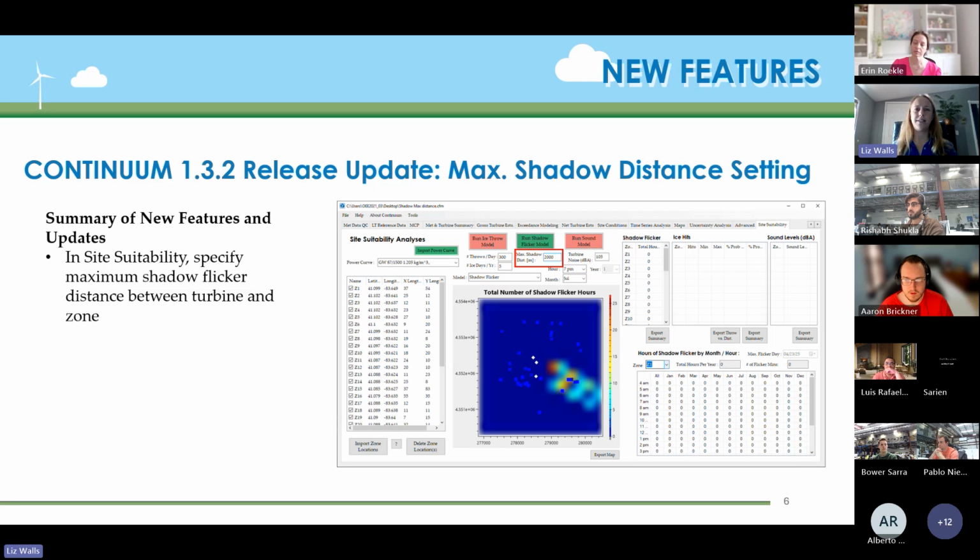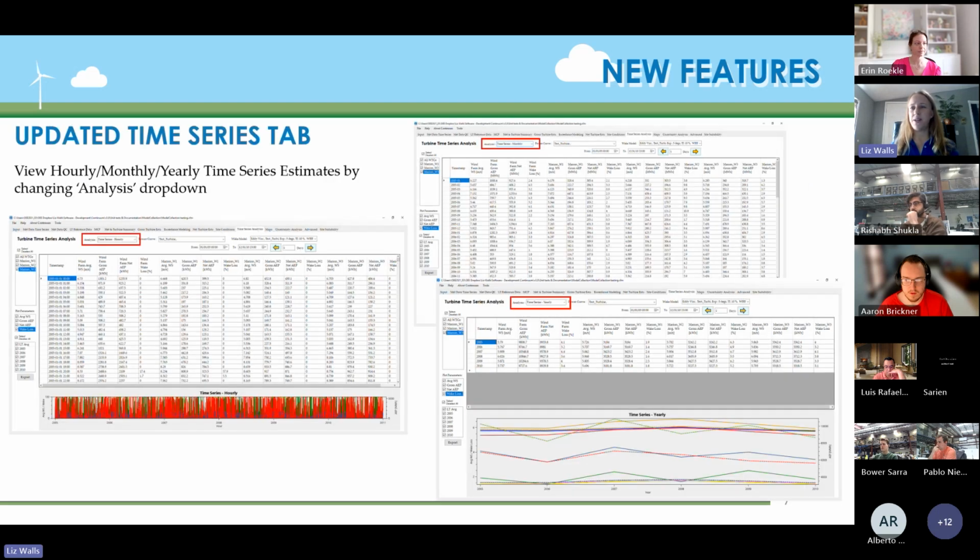And what that is doing is limiting the distance at which a turbine still inflicts a shadow on a zone. So once the turbine is more than 2 kilometers away, or whatever setting you put it to, that shadow is no longer impacting that zone. So that's something new. And the last one, and the one I'm most excited about, is the new updated time